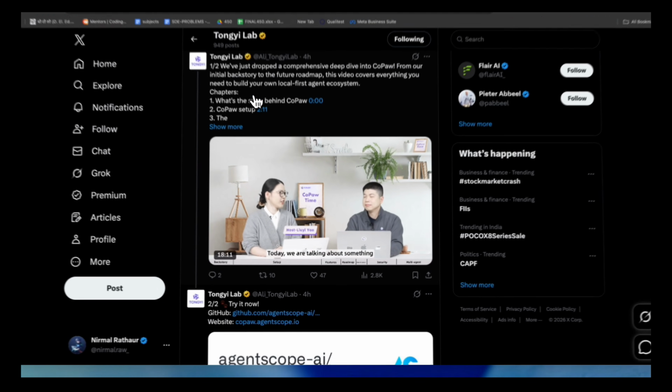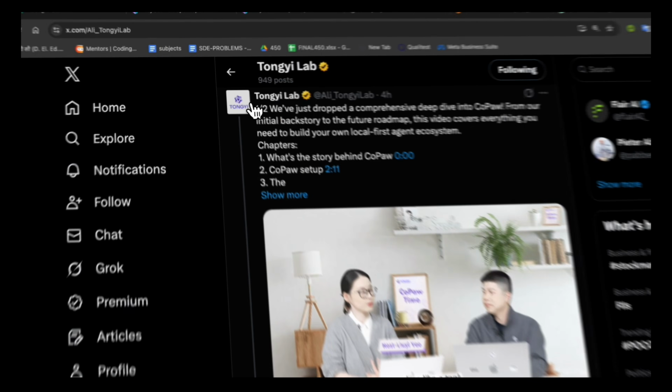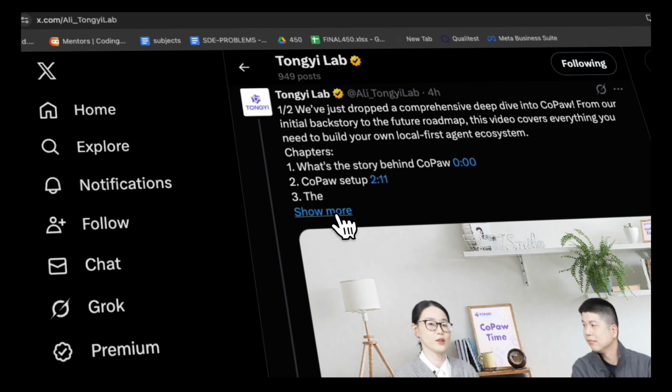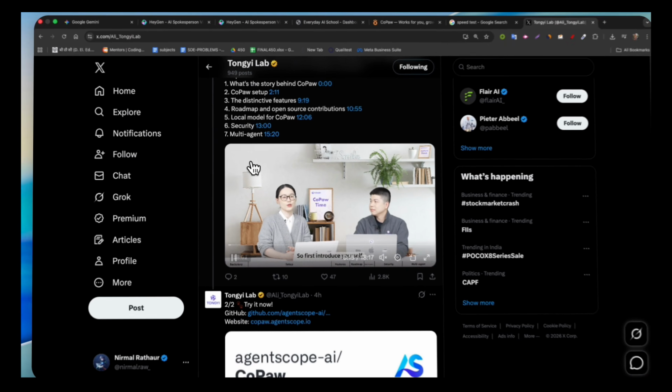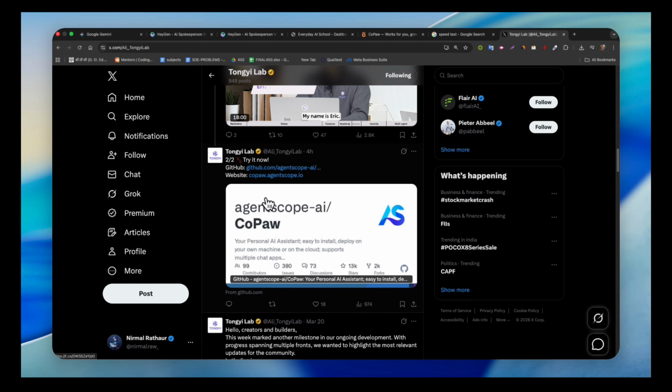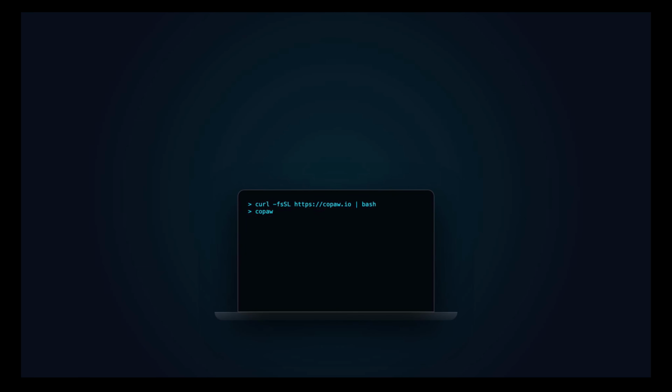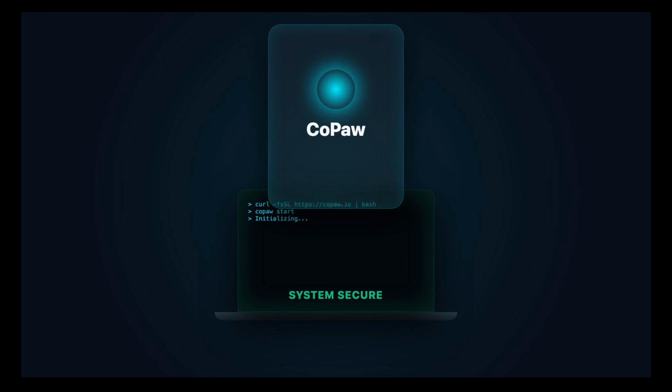The massive Chinese AI lab Tongyi, the exact same genius team behind the legendary AgentScope framework, just dropped a brand new agent called CoPaw. And it is completely different from everything else on the market. It runs locally, it takes almost zero effort to set up, and most importantly, it actually has a built-in security